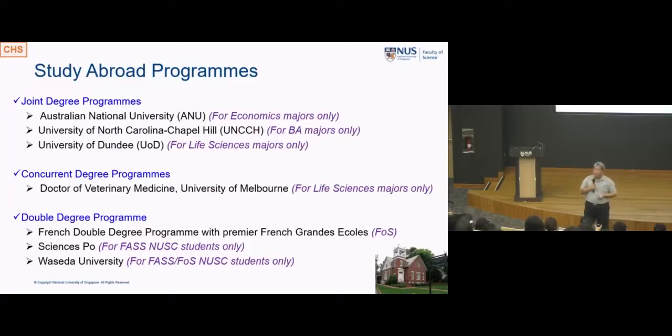We have many of you going for study abroad, and I want to show you, you can already begin to think about study abroad, maybe for your 2nd year or your 3rd year in particular. Or if you're interested, you can take those that are even more, like the joint degrees or the concurrent degrees and so forth. Those that are specific like this, the veterinary medicine one, join the life science talk and they will tell you, ask them, okay?